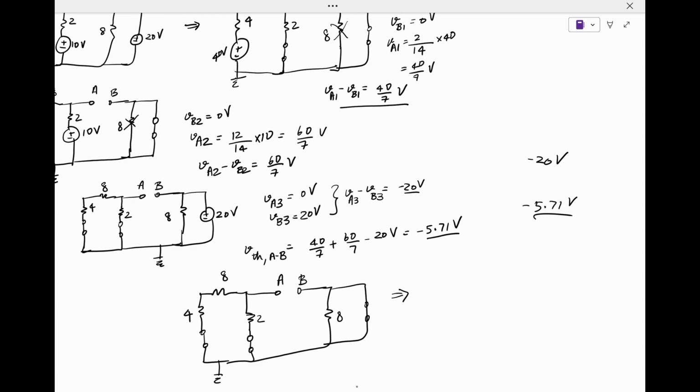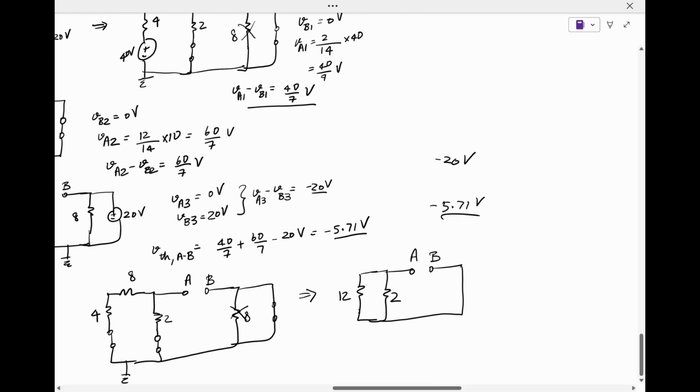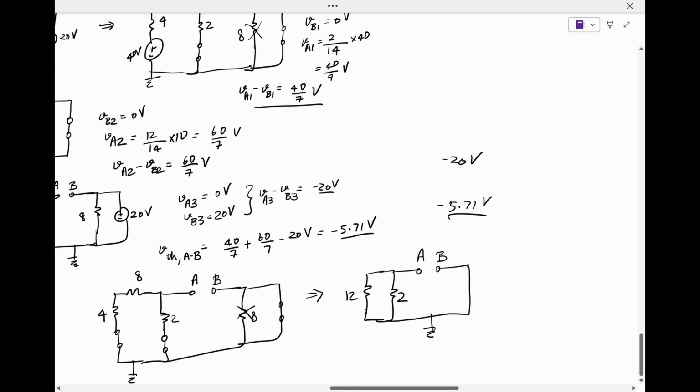So across A and B, you have 12, 2, and then this 8 ohms goes out of picture. So you have this. So RAB, or this is R Thevenin, becomes 12 in parallel with 2,